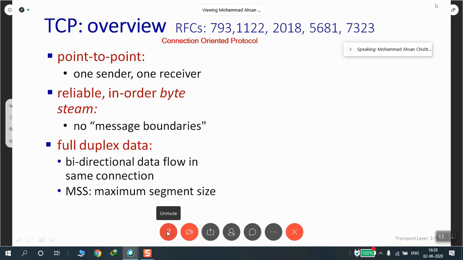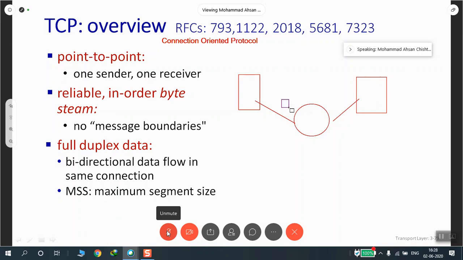What we mean by in-order delivery, let me draw a picture here. Let's say this is the sender, this is the receiver. In between we have some more devices, let's say a router. I'll connect these. If we first talk about UDP, in UDP the packets that are sent across can be unordered.